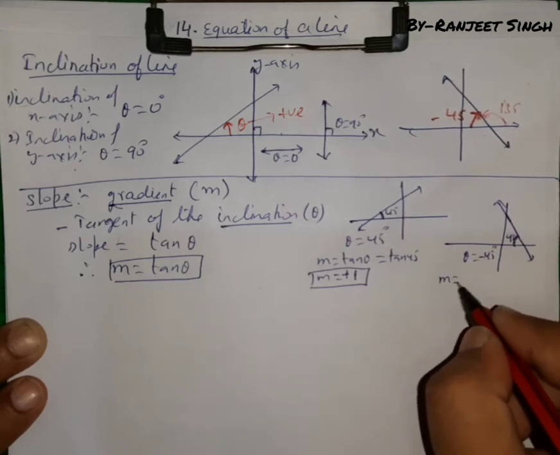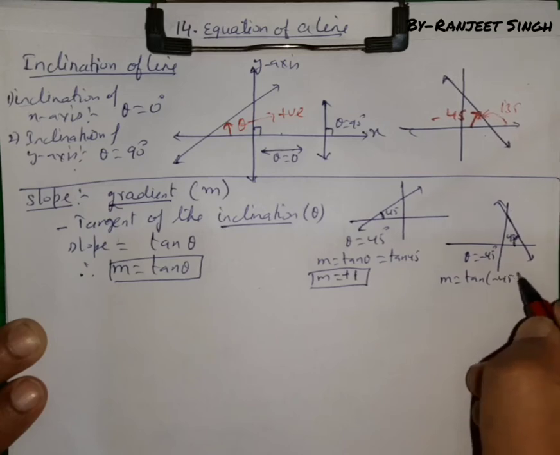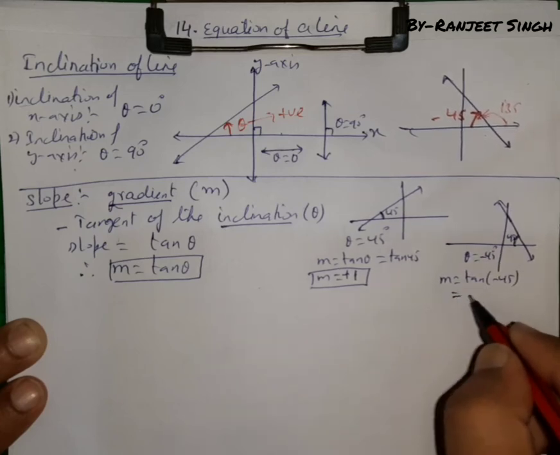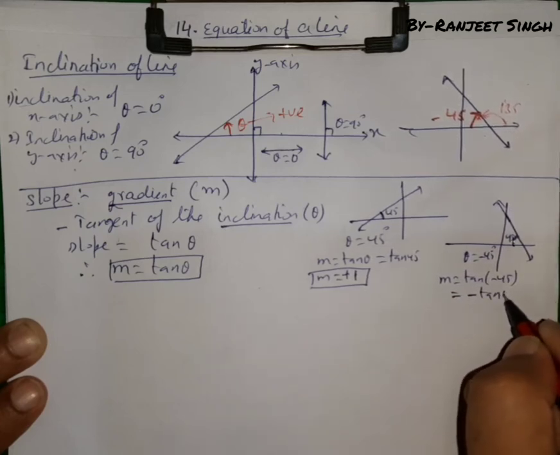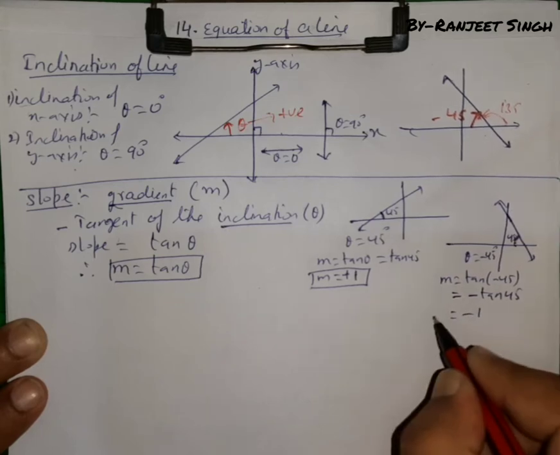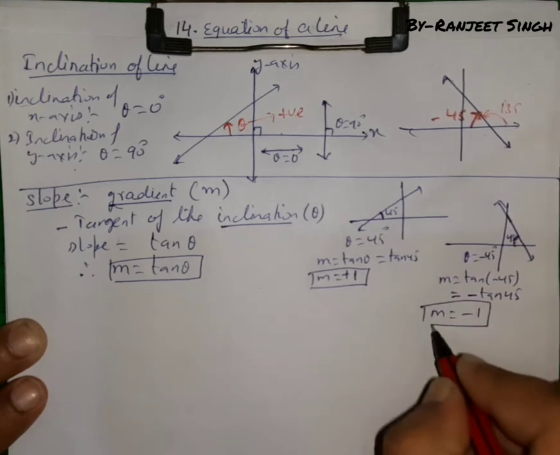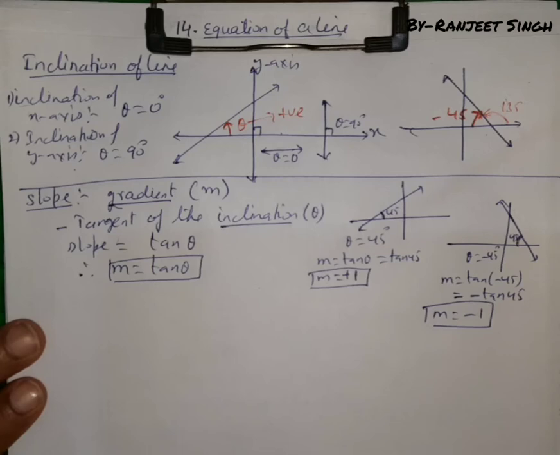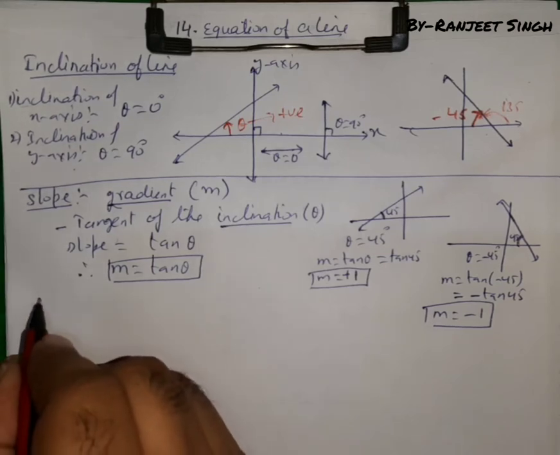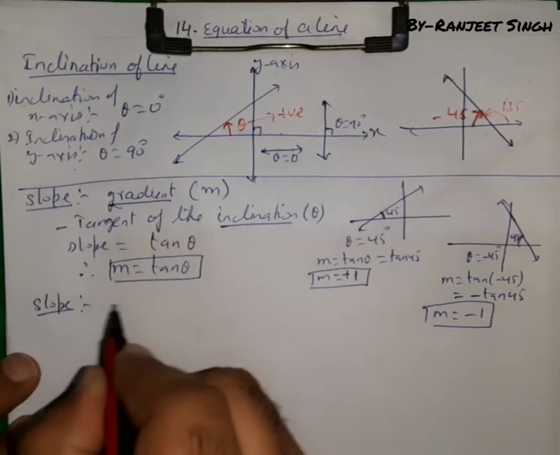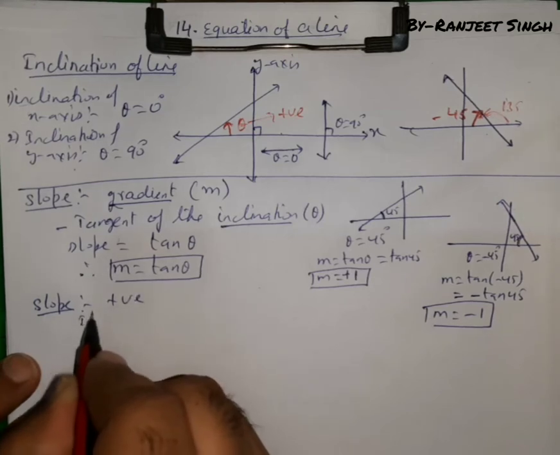So here m will be equal to tan of minus 45 degree, so this will be equal to minus of tan 45, that will be equal to minus 1. So in this case slope will be negative. So means slope positive कब होगा? So slope will be positive if